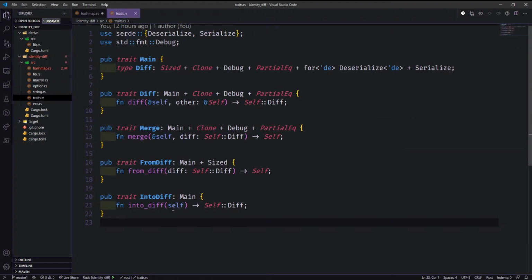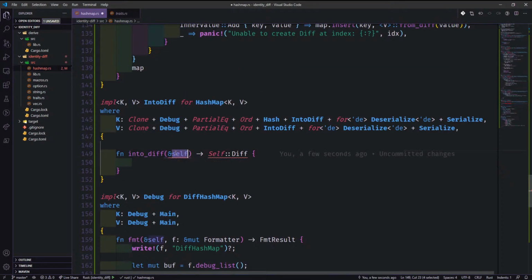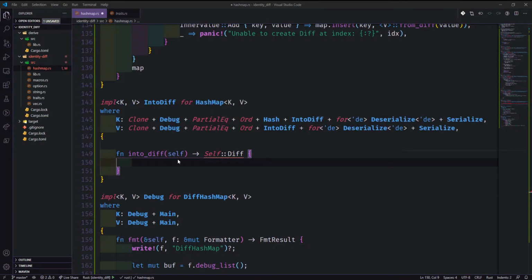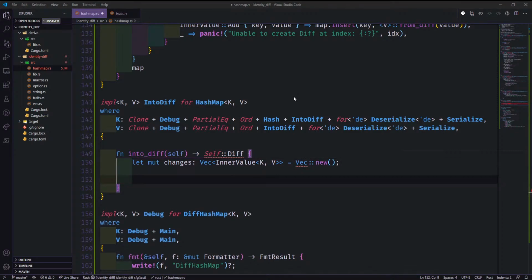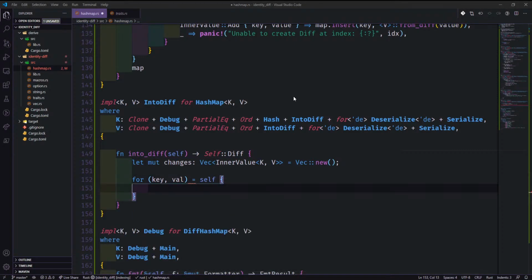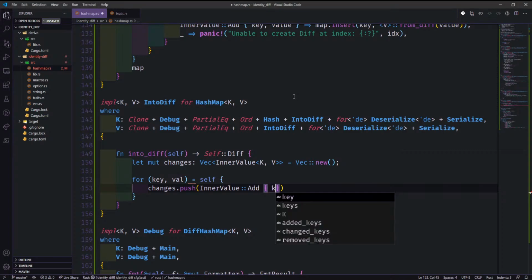I think it's just self non-referenced. Yeah. So again, inner value, add the